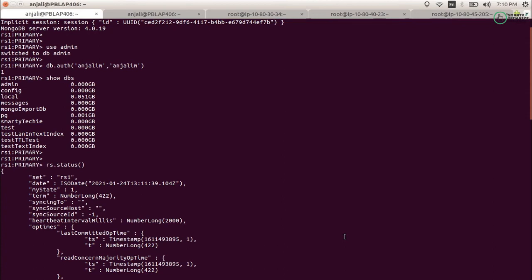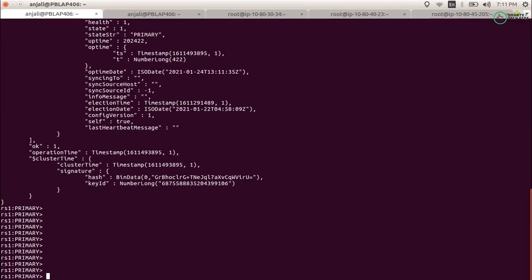So firstly, maybe your MongoDBs are running in replication mode, that is, you may have a replica, or maybe your MongoDBs are running as a standalone server. You have to perform these steps on all the servers, or on all individual servers, so that you can see the performance. Okay, so let's firstly see what things you can do before going to production, and what things you can check for your MongoDB health, right?